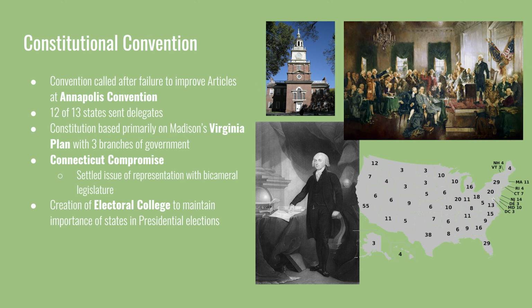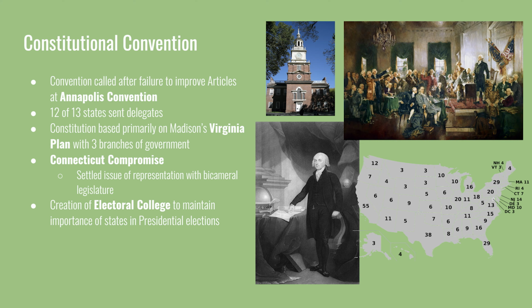One of the issues that the delegates had was over the size of the central government compared to the states, and also the amount of democracy that they would allow. At this time, democracy is still not seen as a positive thing the way that we see it today. They wanted to make sure that only the people that had a stake in the country and that had a certain level of education were the ones that were going to have the most power in government.